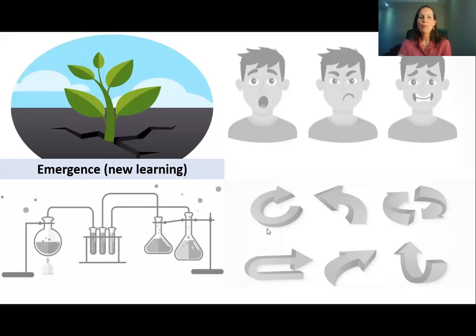Firstly, if we look at emergence, that means allowing something new to spring up, like new growth. And we want to allow there to be different possibilities of learning during teaching for medical communication.